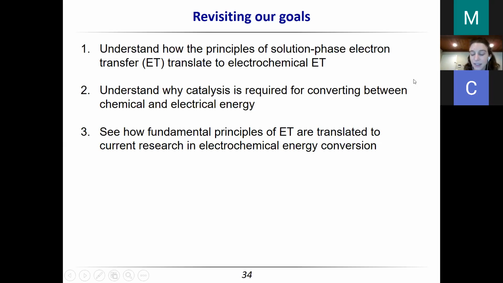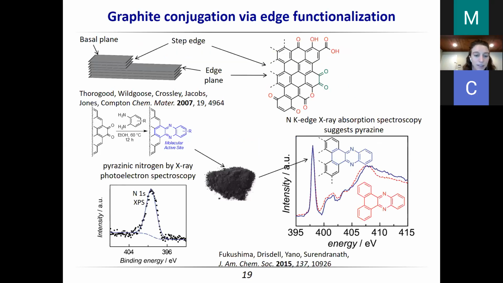Yeah, so on slide 19, I think you can see that the graphite has multiple oxygen groups on it, and I'm assuming this pyrazinic attachment is only able to attach to a specific type of group. So how do you manage all the other groups that are not able to be replaced by the diamine?